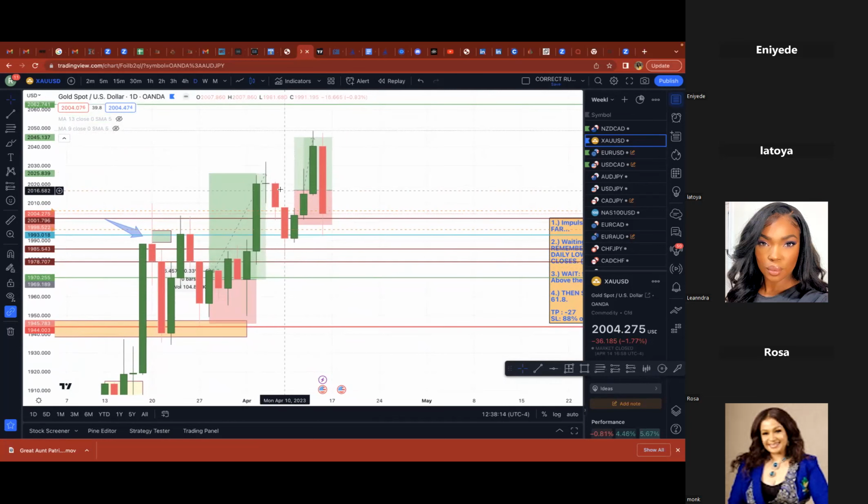Once I look at the charts at the end of the day or on the weekend, because we're working with the daily, we're looking for at least 2 retracement candles before we look for a setup for a buy or sell. As you see here, I'm gonna just take this off so I can show y'all a cleaner chart here.